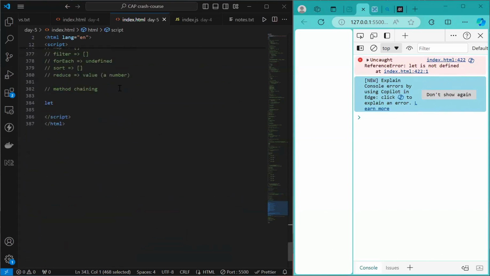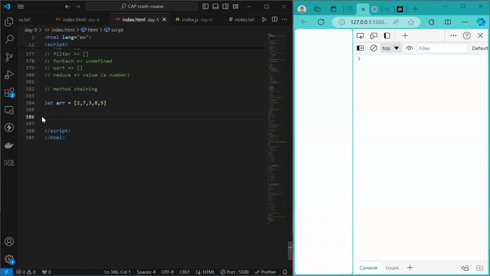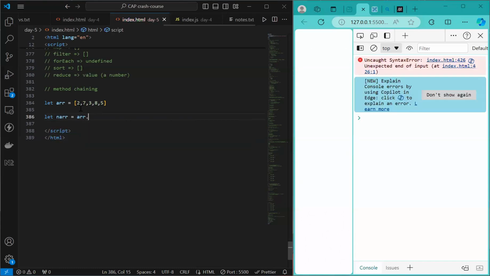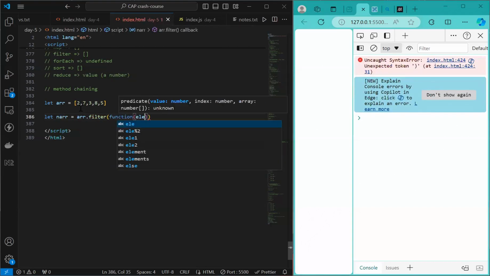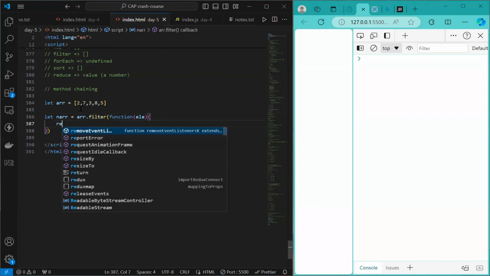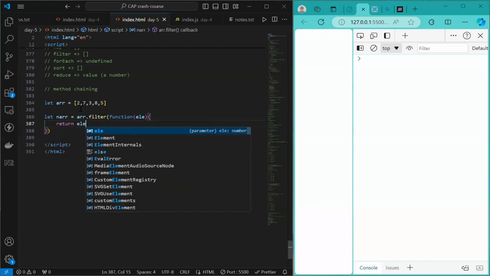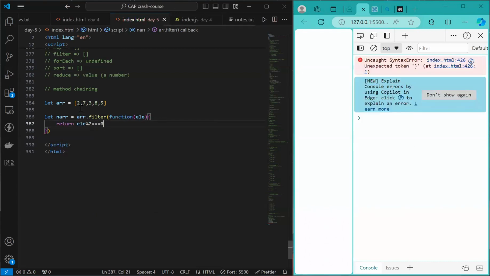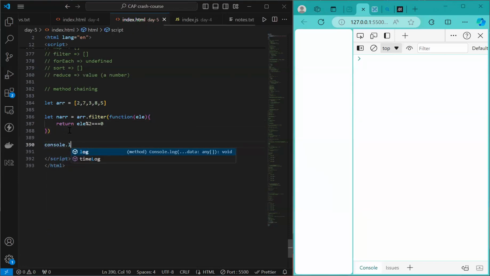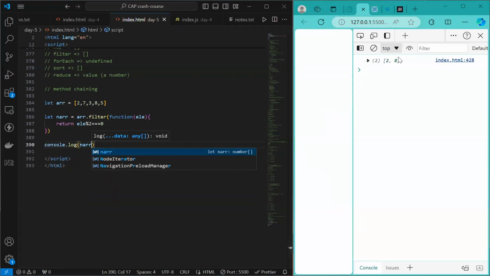and let's make an array, right? Let array equals to 2 7 3 8 5, right? And मैं क्या कर रहा हूँ? What I'm doing is I'm doing a filter on this, right? So मैं क्या कर रहा हूँ? I'm doing let an array equals to array dot filter and this thing function element, and here what I want to do is return element which are divisible by 2, right? So if I do console dot log of an array, am I gonna get only 2 in it,